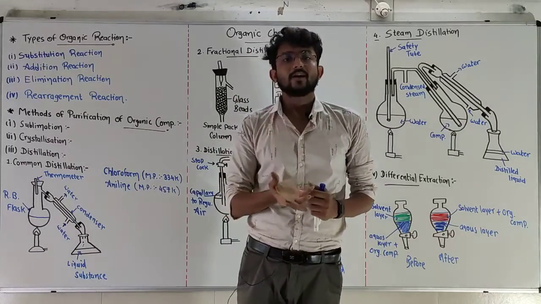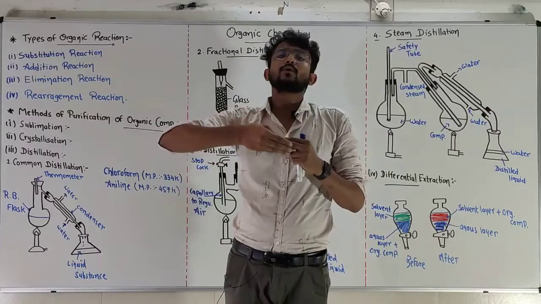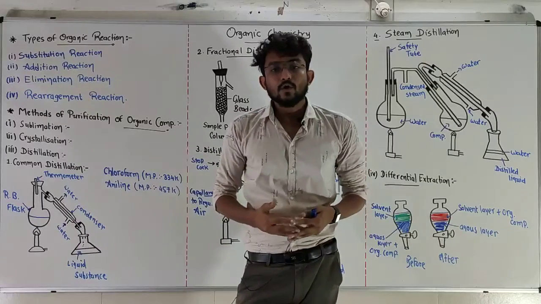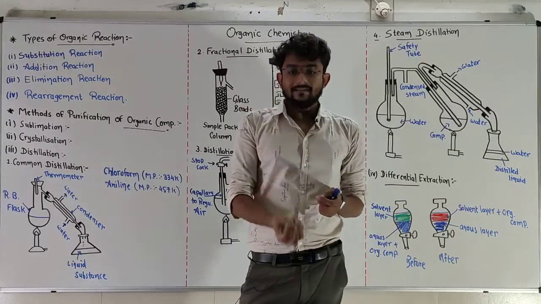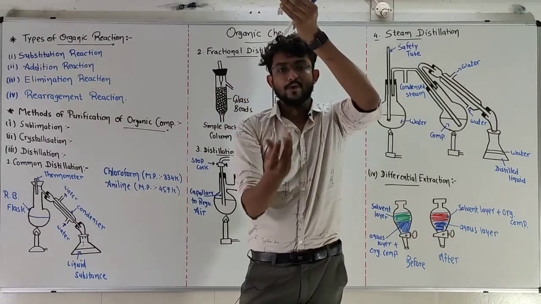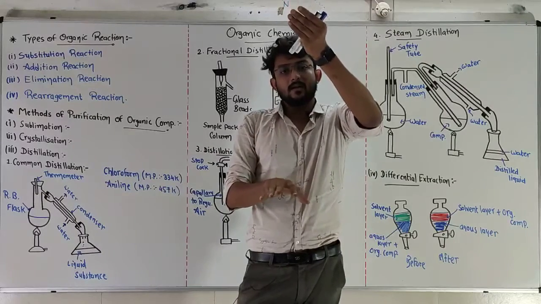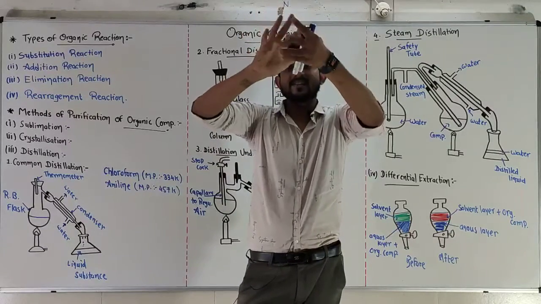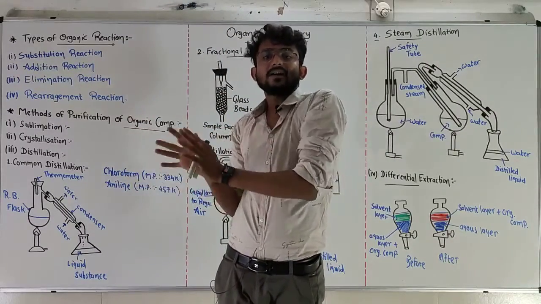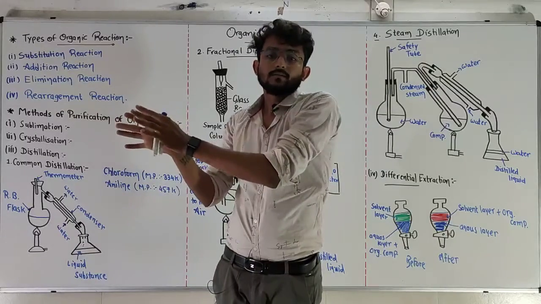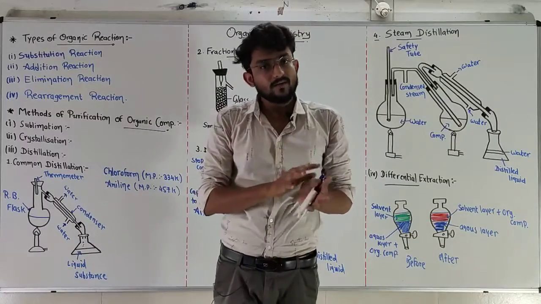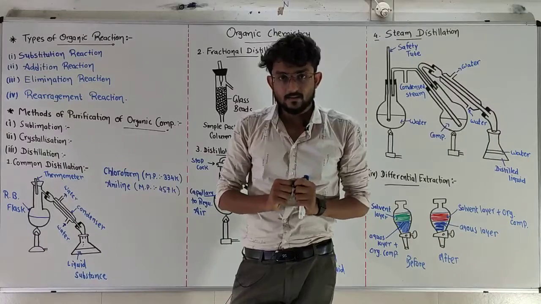If we heat camphor, it will be directly converted into gaseous form. So if I want to purify camphor, what will I do? In one beaker I have camphor, I will heat that beaker and the camphor will sublime and impurities will remain in the beaker. Now that gaseous camphor will be transferred to another beaker and I will condense or cool it down. After that, the camphor will be solid again and more pure than its previous state.